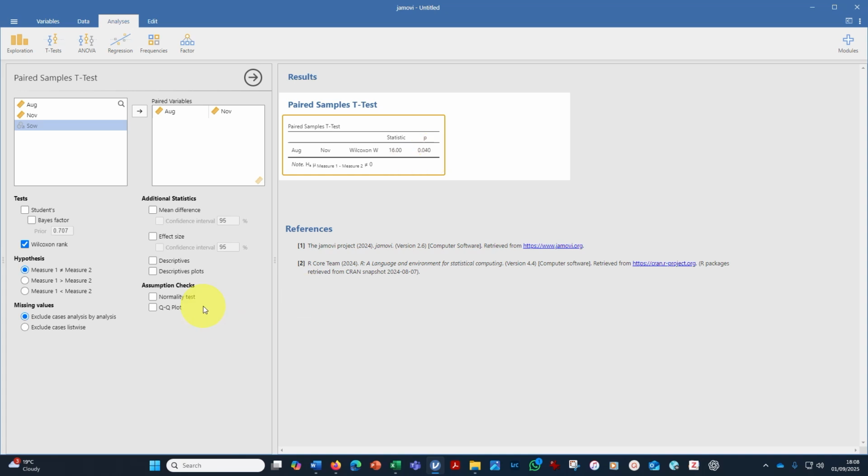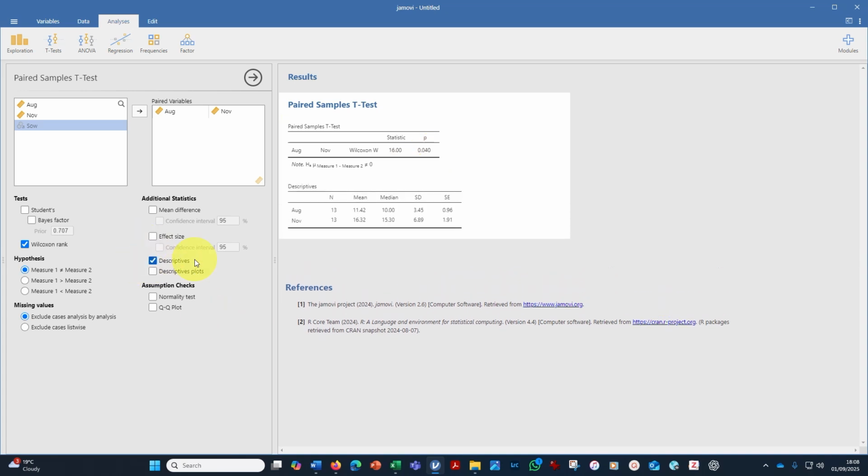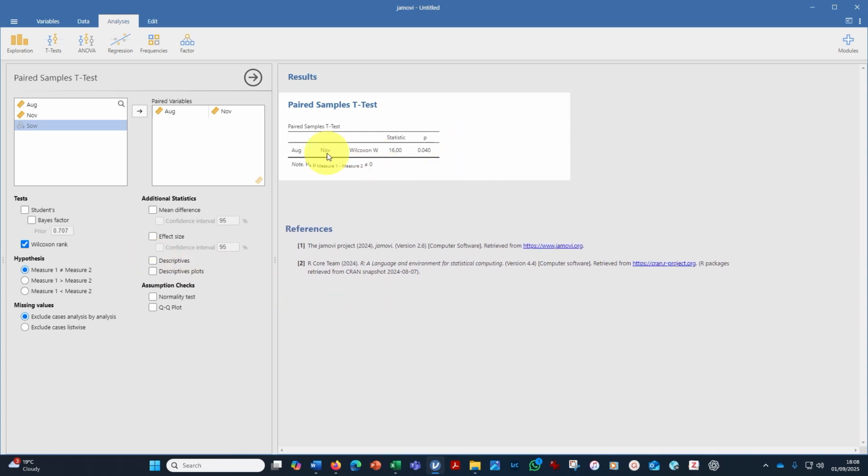And we could click on descriptives, and that gives us the median value, but this is set up for t-tests, so it's got the mean and the standard deviation or standard error, but it doesn't have the quartiles. We're going to have to go to our full exploration and descriptives in Jamovi for that. So we'll take the tick out of that box to tidy this up. We've got our p-value from the test, but we're going to go to here, the exploration descriptives,